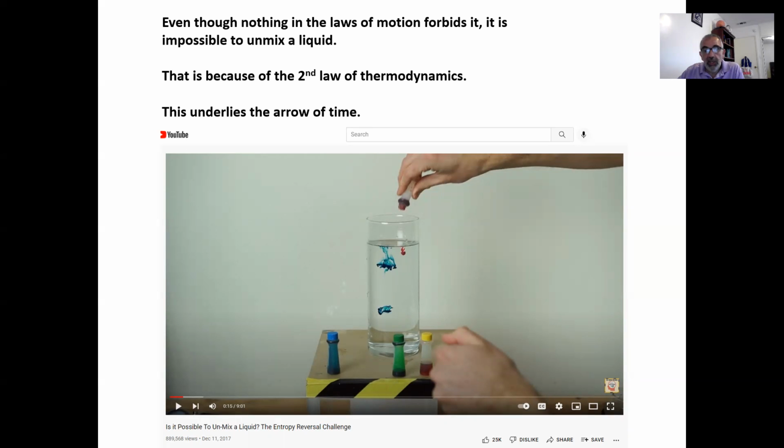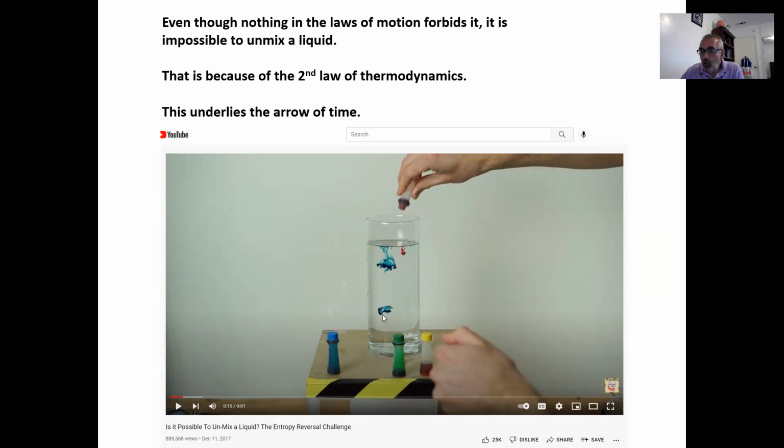So there is nothing to forbid in the laws of physics that if I keep stirring my cup, the water molecules and the molecules of dye would rearrange themselves into discrete droplets like this in a cup of clear